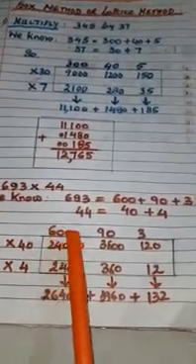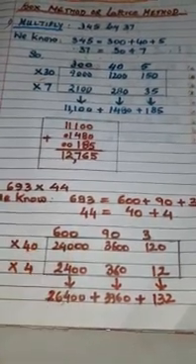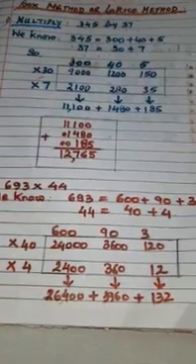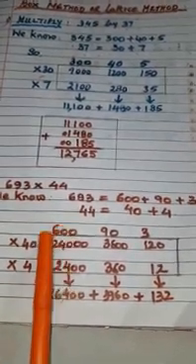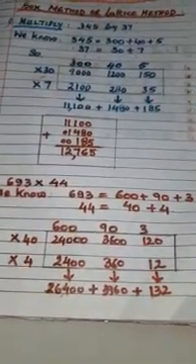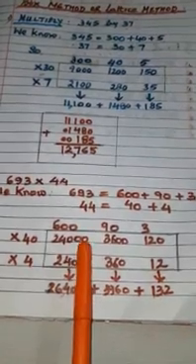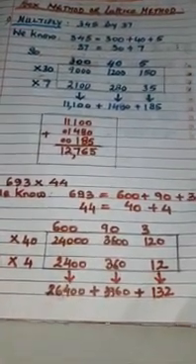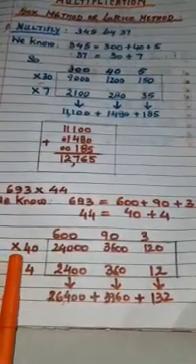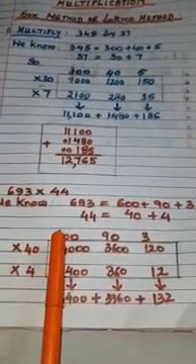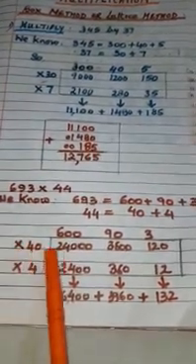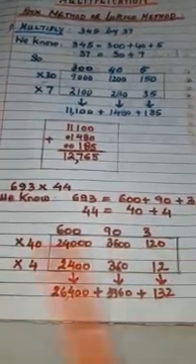Now here we have 600 and here we have 40. So how many total zeros? First I am going to count that. Count with me. 1, 2, 3. 3 zeros are there. I have written these 3 zeros. And which are the numbers left? 6 and 4. All you know the table of 6. The 6 4s are 24. So this is the way I have written the answer of the first row.